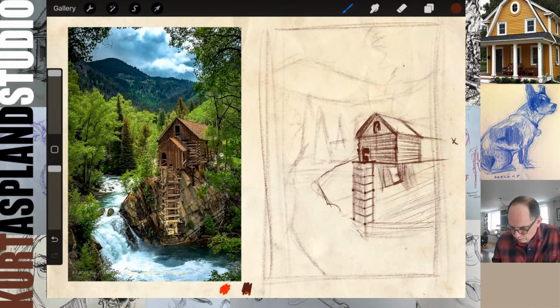Okay, I'm going to put some more in here now. Looking at the picture,